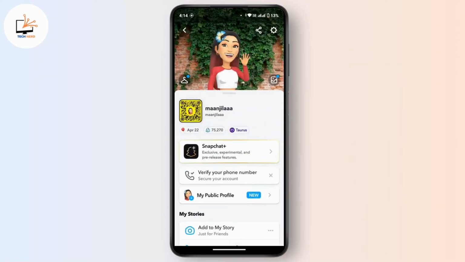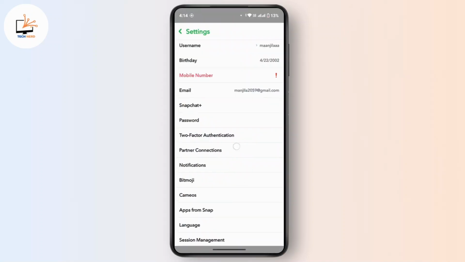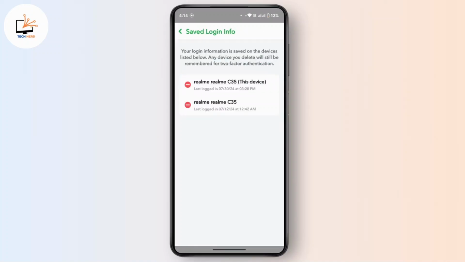Now, from here again, navigate to the top right corner, then tap on the gear icon. Again, you will land on the settings page. Here, scroll down, and at the very end, you will find an option called saved login info. Simply tap on that. Then you will get to this page where you will be able to view all your